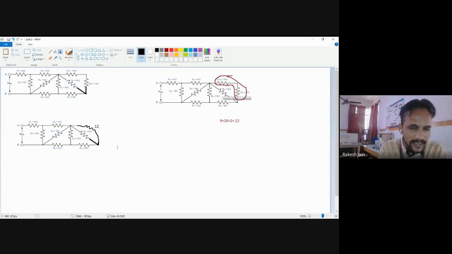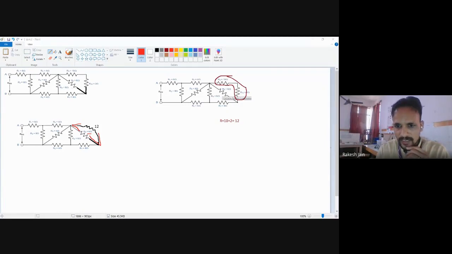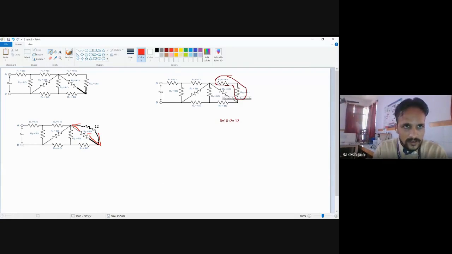Now see, after the second step, what will happen? With the red color, I am going to teach you. Now see this one. This 12 ohm resistance, one terminal is here, and another terminal of this 12 ohm is here. And see this 6 ohm resistance. One terminal is connected with the same 12 ohm resistance, and another terminal of this 6 ohm is also connected with the same 12 ohm resistance. So whenever both the terminals are connected with each other, that is known as parallel connection of resistance. So these two resistances are in parallel, this 12 ohm and 6 ohm.